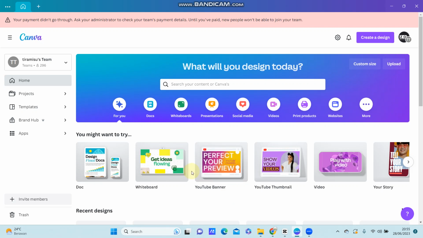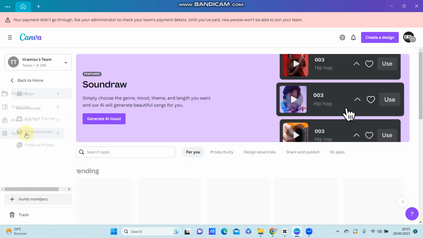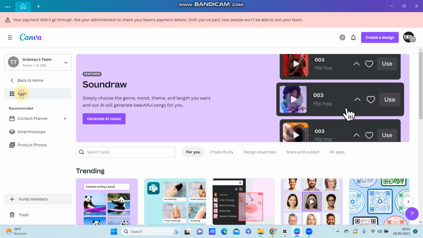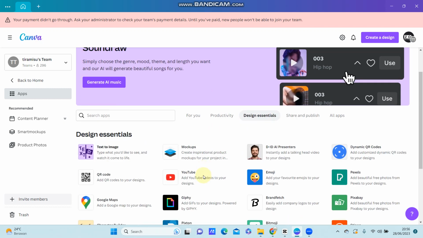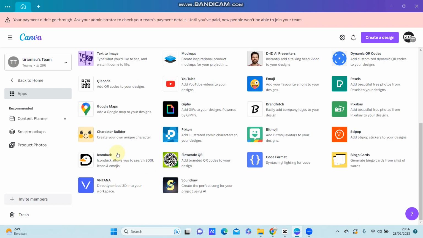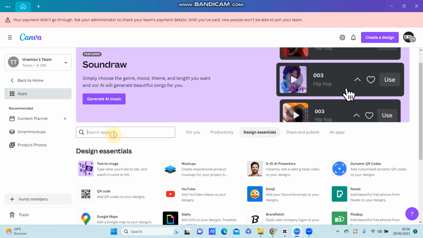So you can open Canva on your PC and log into your account, and after that you are just going to select apps, application, and you can select apps. So here you can select design as SEO, and you can select character builder, or you can just type character